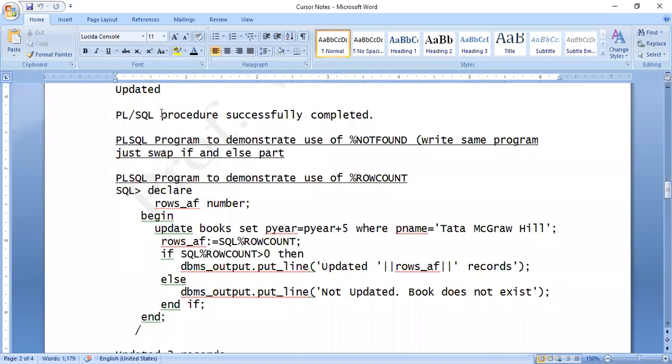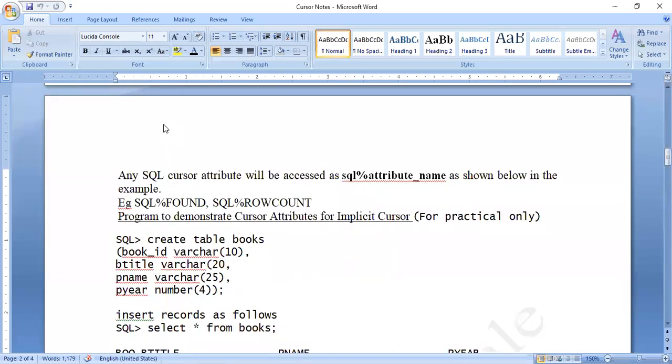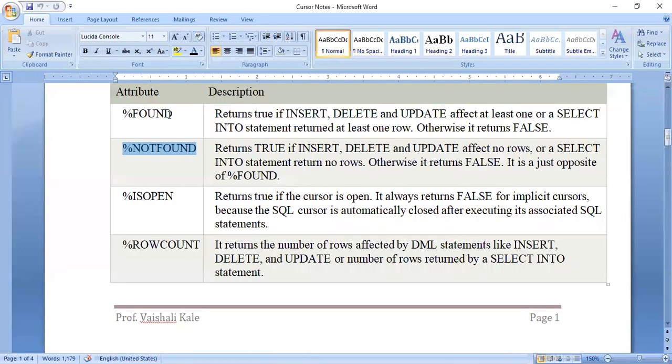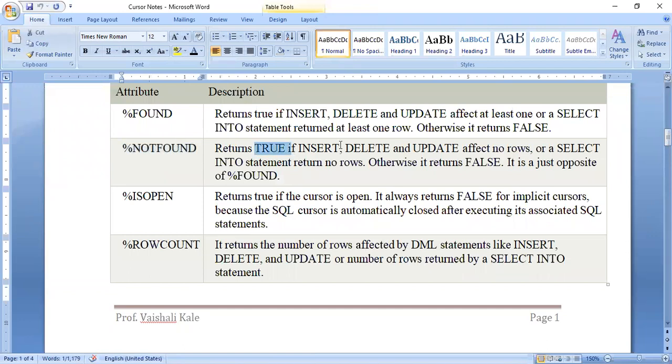Yeah. So here, now what is the second cursor attribute? The second cursor attribute is %NOTFOUND, which is the reverse of %FOUND. %NOTFOUND will return true if no rows are selected. Got it?